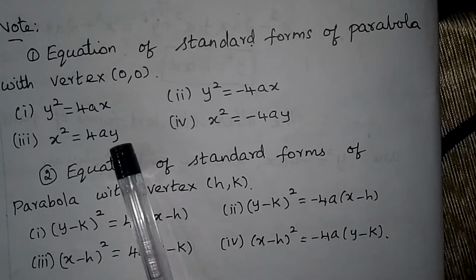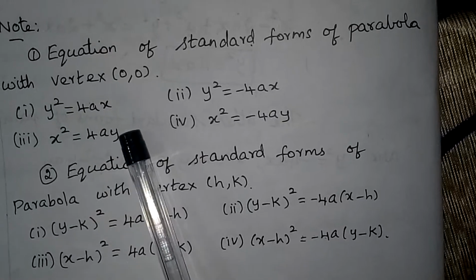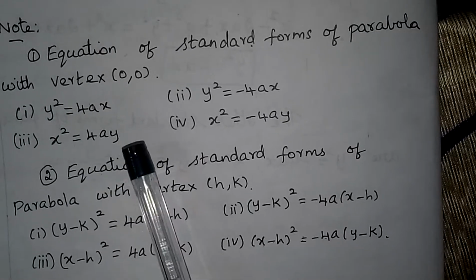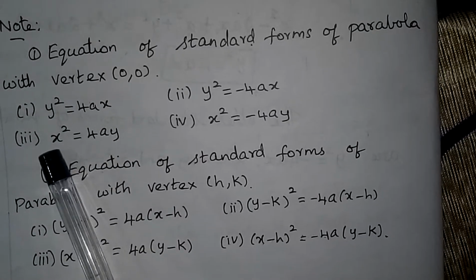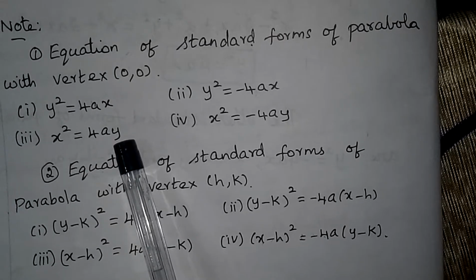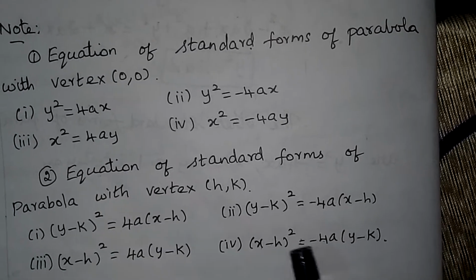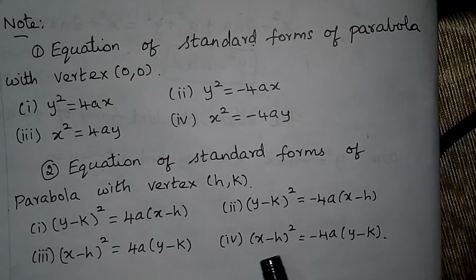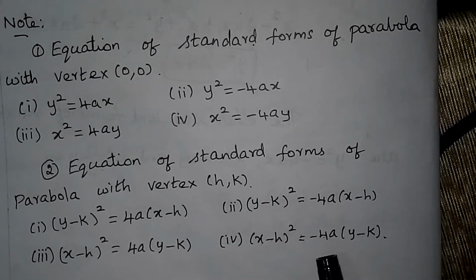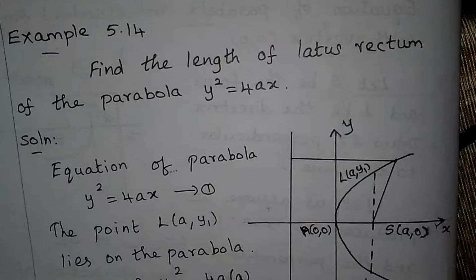So listen, whether x is on the left side or right side, whether we have the square or not, no problem. What you have to do is, along with x you put minus h, and along with y you put minus k. Then the last type will become (x minus h) the whole square equal to minus 4a into (y minus k).